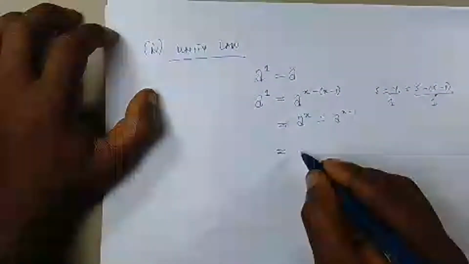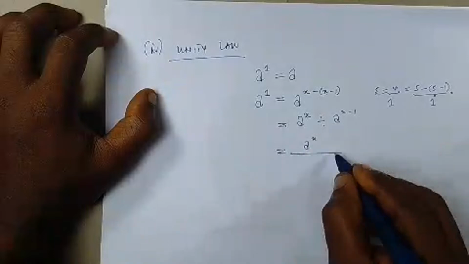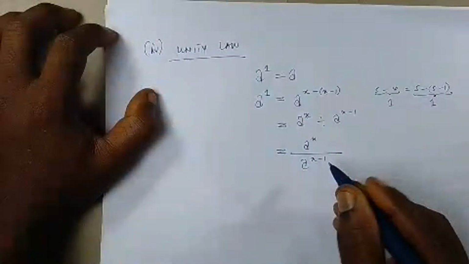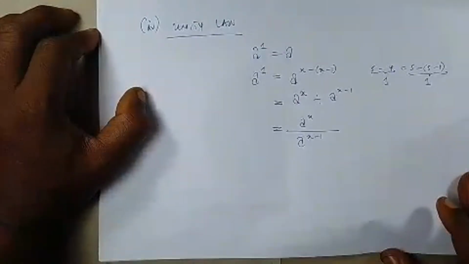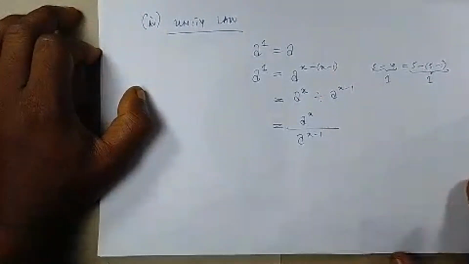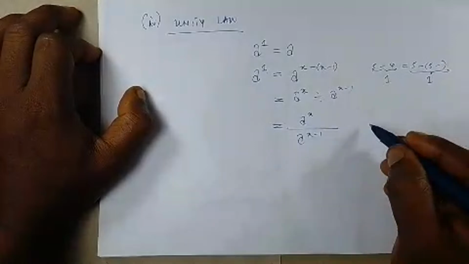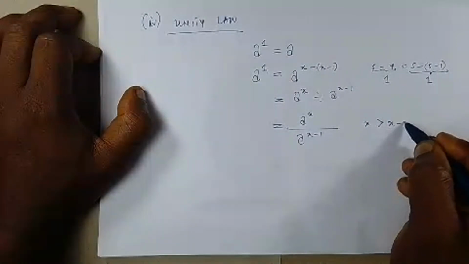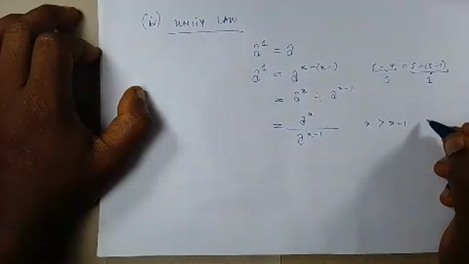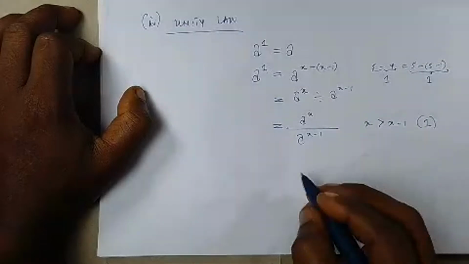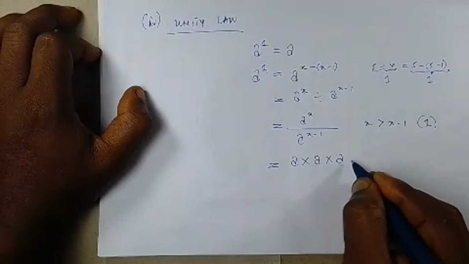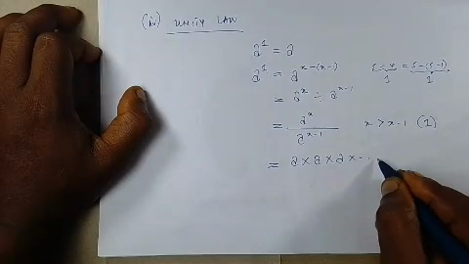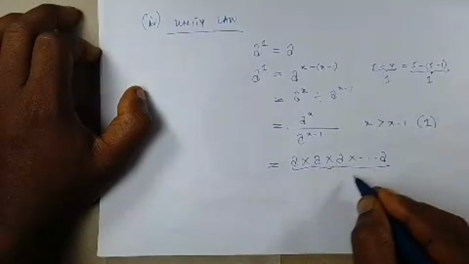Now I'm going to do this. I'm going to write what you have here in this manner. So I've done nothing wrong. Please follow the logic. So what does it mean? It means that x is greater than x minus 1 just by 1. Okay? So if that is true, then it means that a times a times ellipsis a, x times is what we have in the numerator,